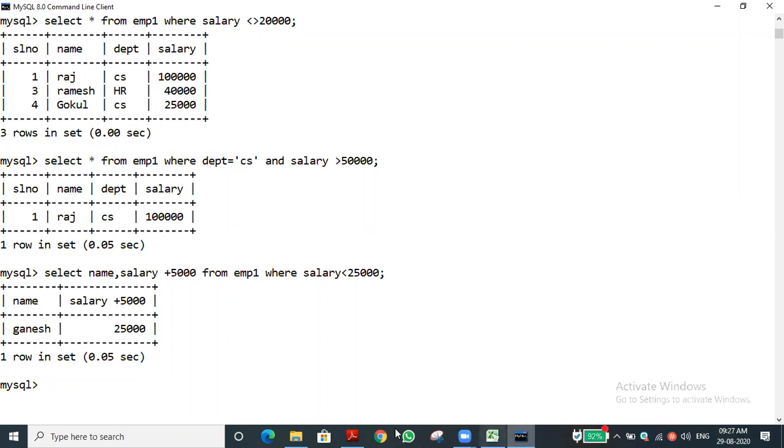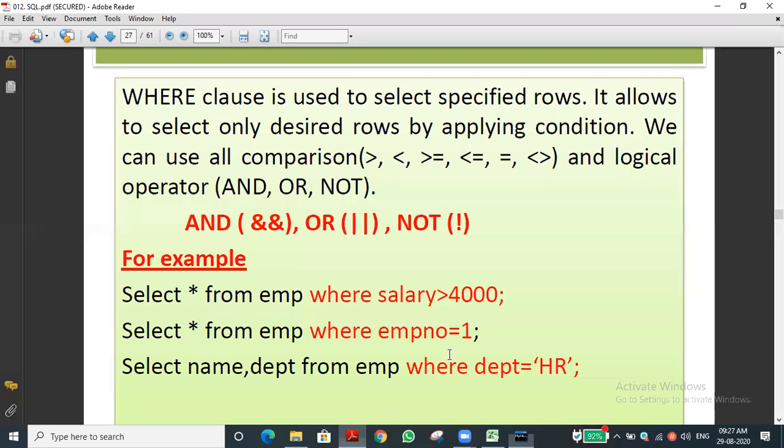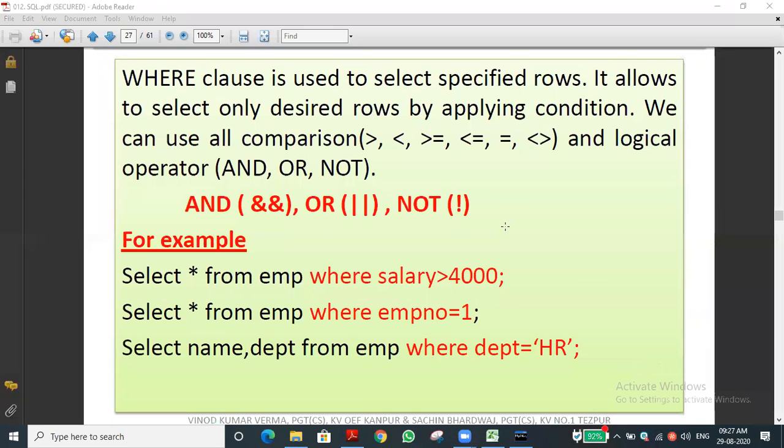Okay, so let me go to the next one. I forgot, the AND and OR operators that we used, we gave the queries. This is an example for you. Such types of questions will be asked in the board exam. They will give 1, 2 or even 3 marks based on the toughness or difficulty level of the questions.